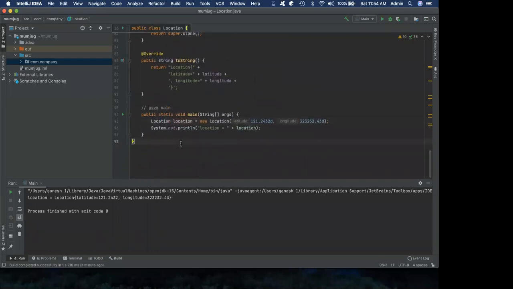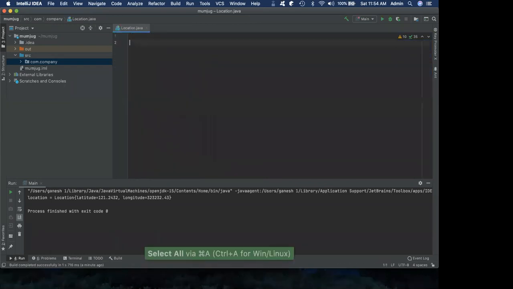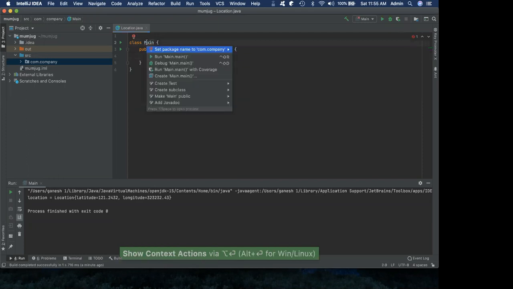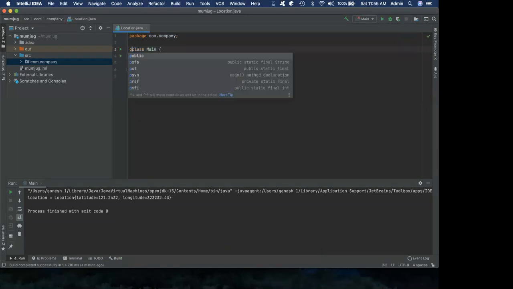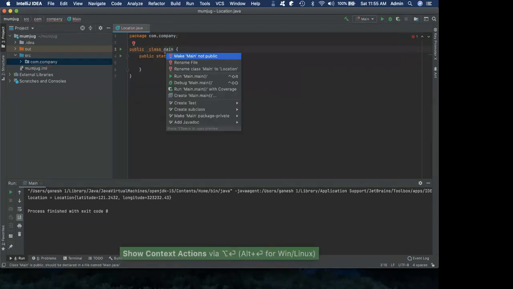So now let's explore some of the postfix templates. So let me get this code. Okay, now this file has to be fixed. Okay, it's a file name.